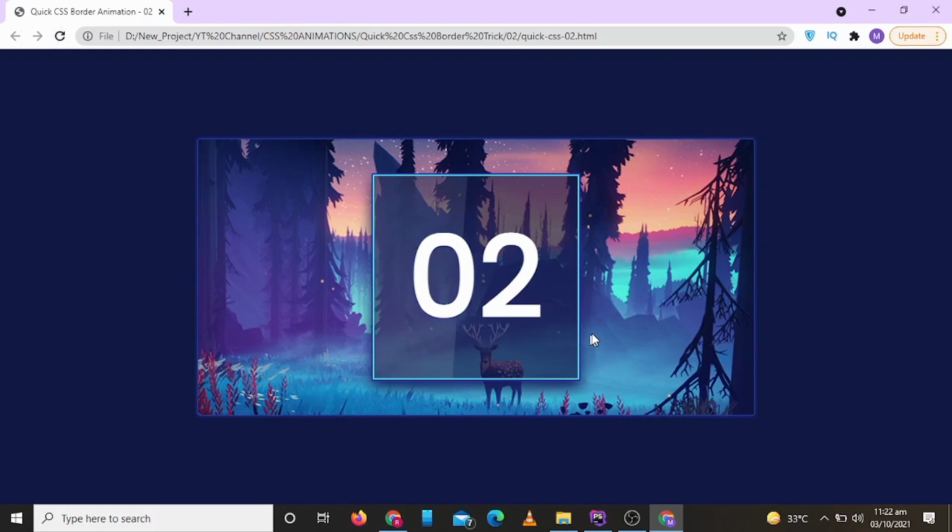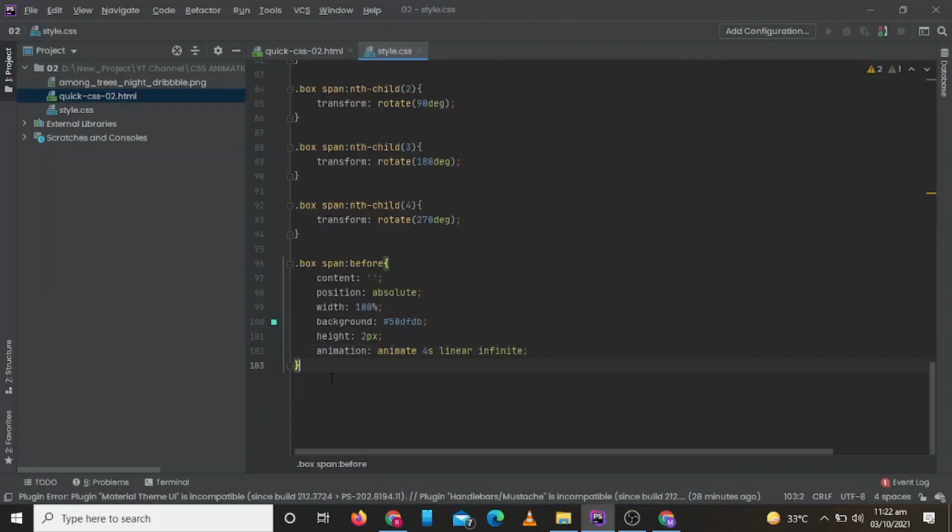So our blue border is added, which will be animating. So let's add our keyframes to make it animate.